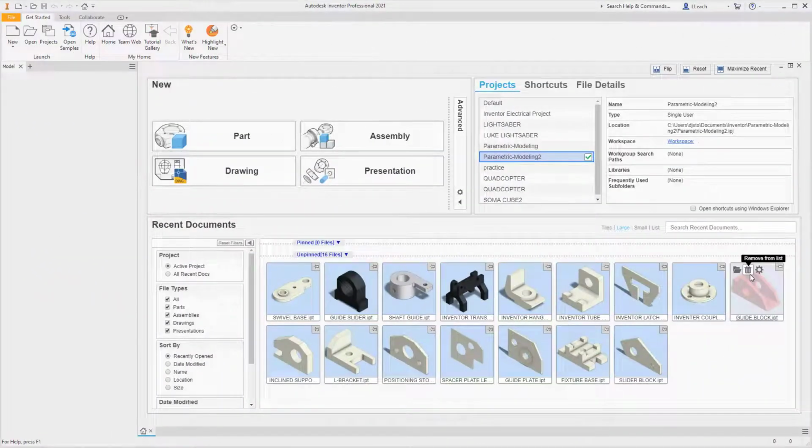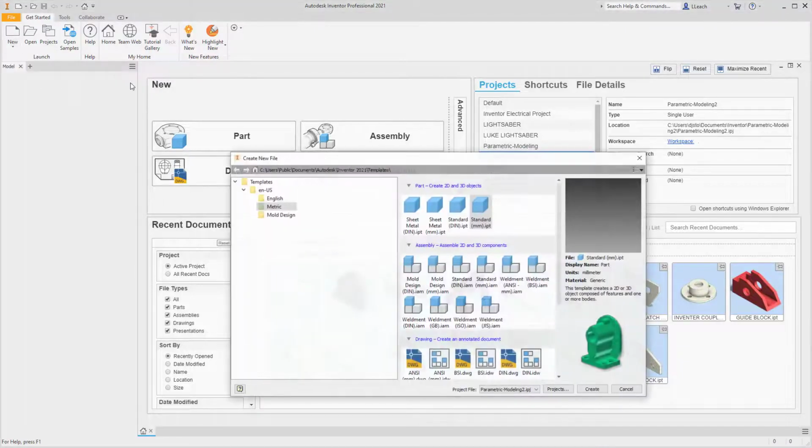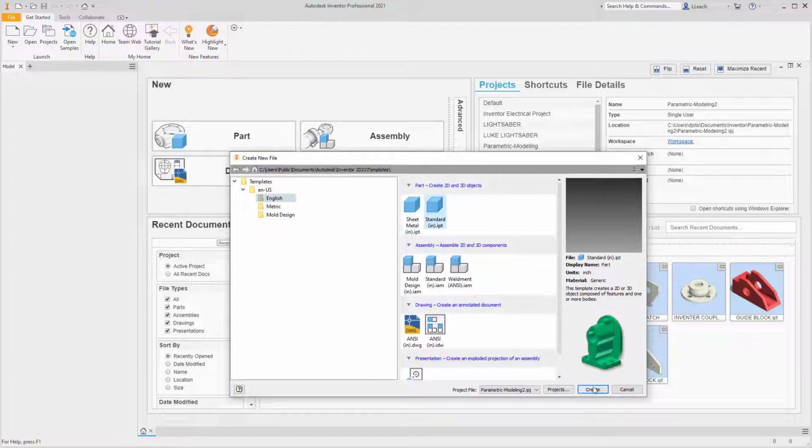Hey everyone, in this lesson, I'm going to try to create the anchor base. So I'm going to hold my breath on this one. I know this one's always challenging. So it says dimensions are in inches. So I'll go to new. I'm going to go to English, standard, create,